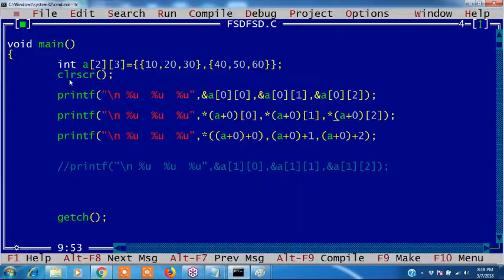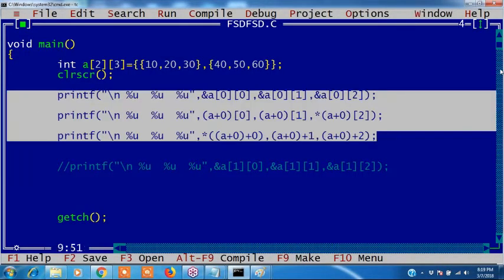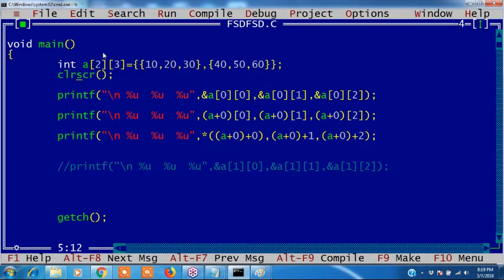Okay. First, this address I want to know. This address. Or I want to print a. Okay, we check it. See, I want to print a first element address. Okay, how many ways can you print a first element address? We check it. Percentile u. First element, how to print a first element address of A00. This is A00. Is there any other way to print?